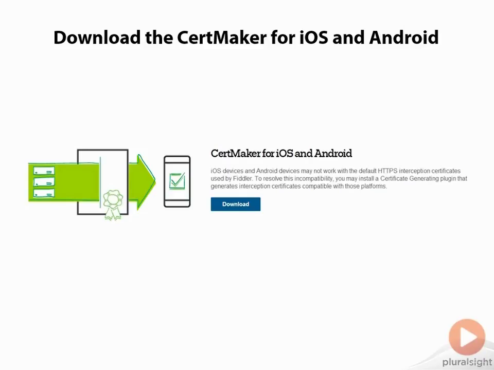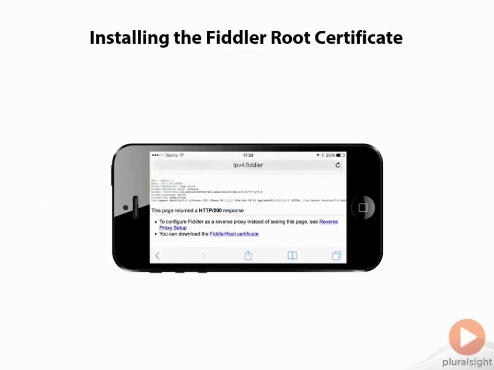And here's what I'm seeing on the device. I've just navigated over to IPv4.fiddler:8888. So effectively we're saying hit port 8888 on the host name you see on the phone here. That will then return this page directly from Fiddler. And as you can see at the bottom of the page, you can download the Fiddler root certificate. When we hit that on the iPhone, and the rest of this process will be slightly different on an Android,